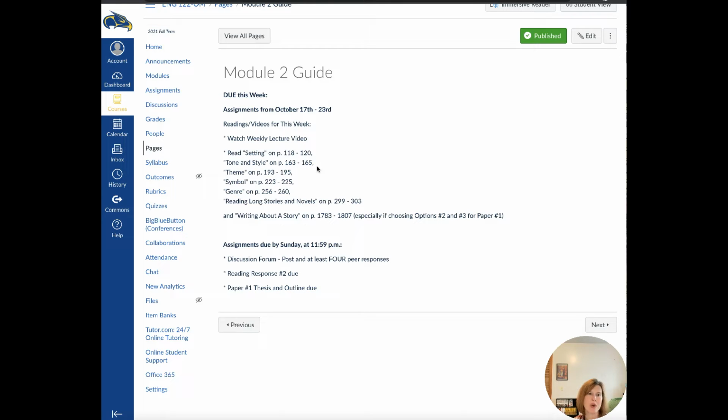Your setting obviously is where everything takes place. Your story needs to have some type of setting, whether it's a place or a time period or a specific location. The tone and style is how it's structured and what it looks like, how the author uses language. You have your theme, which is the purpose, your symbolism, which are hidden meanings beyond the surface, and then